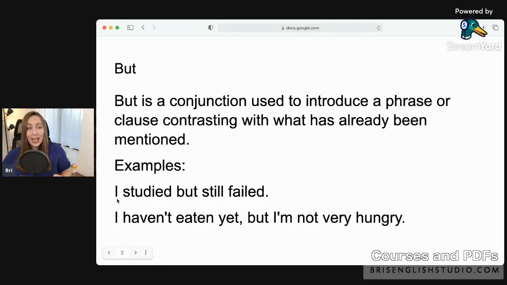The example is, I studied, but still failed. Oh my goodness. Has this ever happened to you? You studied, but you still failed. Okay. The next one, I haven't eaten yet, but I'm not very hungry. So as you can see in these two sentences, but is indicating a contrast. Okay, so when we use but,